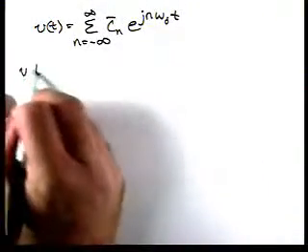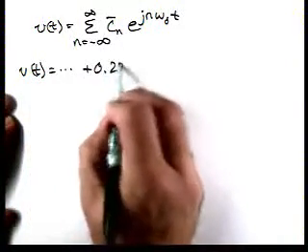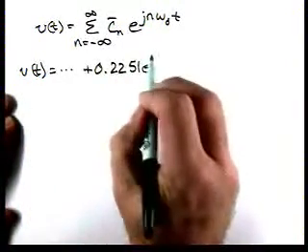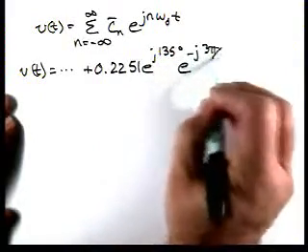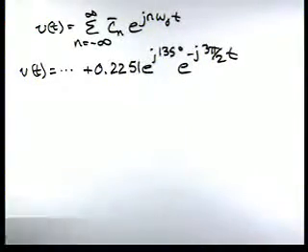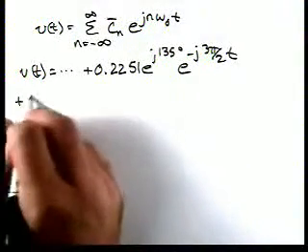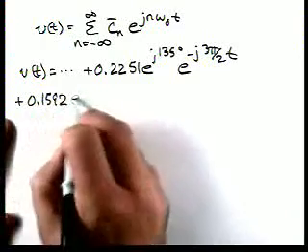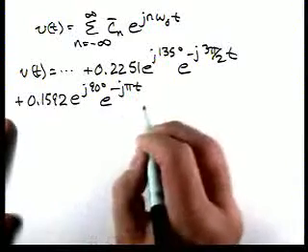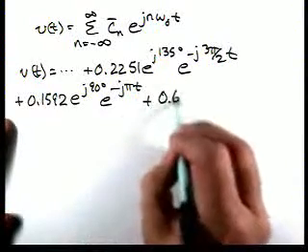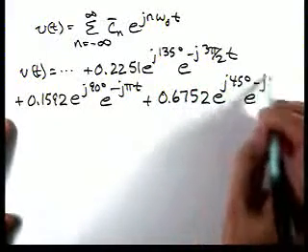So we'll start off with our c of minus 3 term, 0.2251 e to the j 135 degrees, e to the minus j 3 pi over 2 t, plus the c of minus 2 term, 0.1592 e to the j 90, e to the minus j pi t, plus the c of minus 1 term, 0.6752 e to the j 45, e to the minus j pi over 2 t,